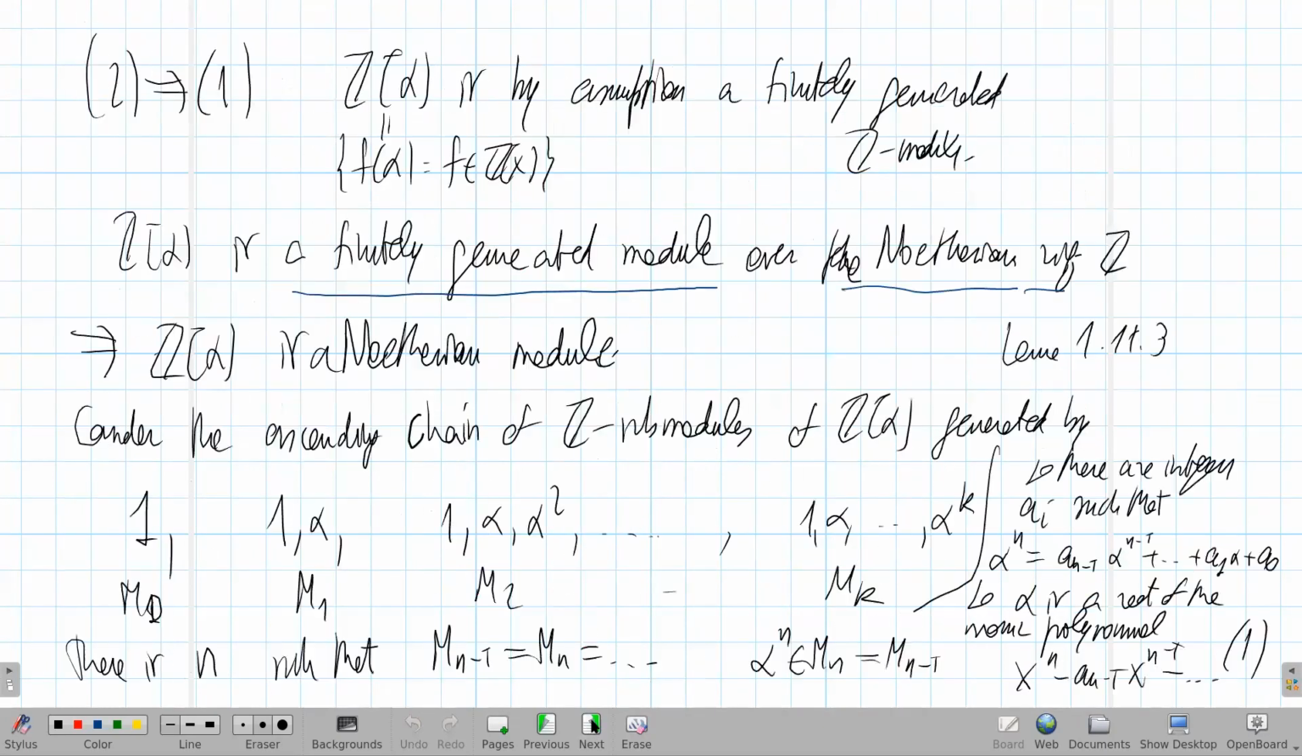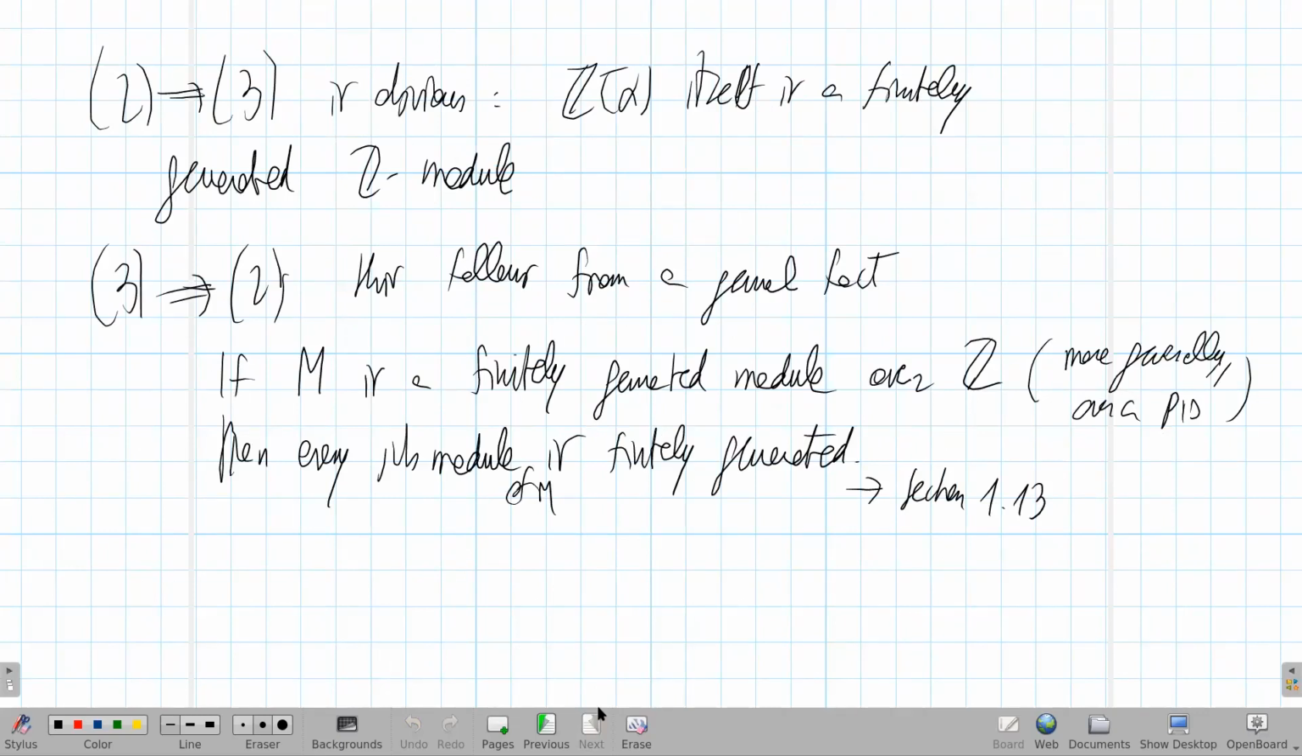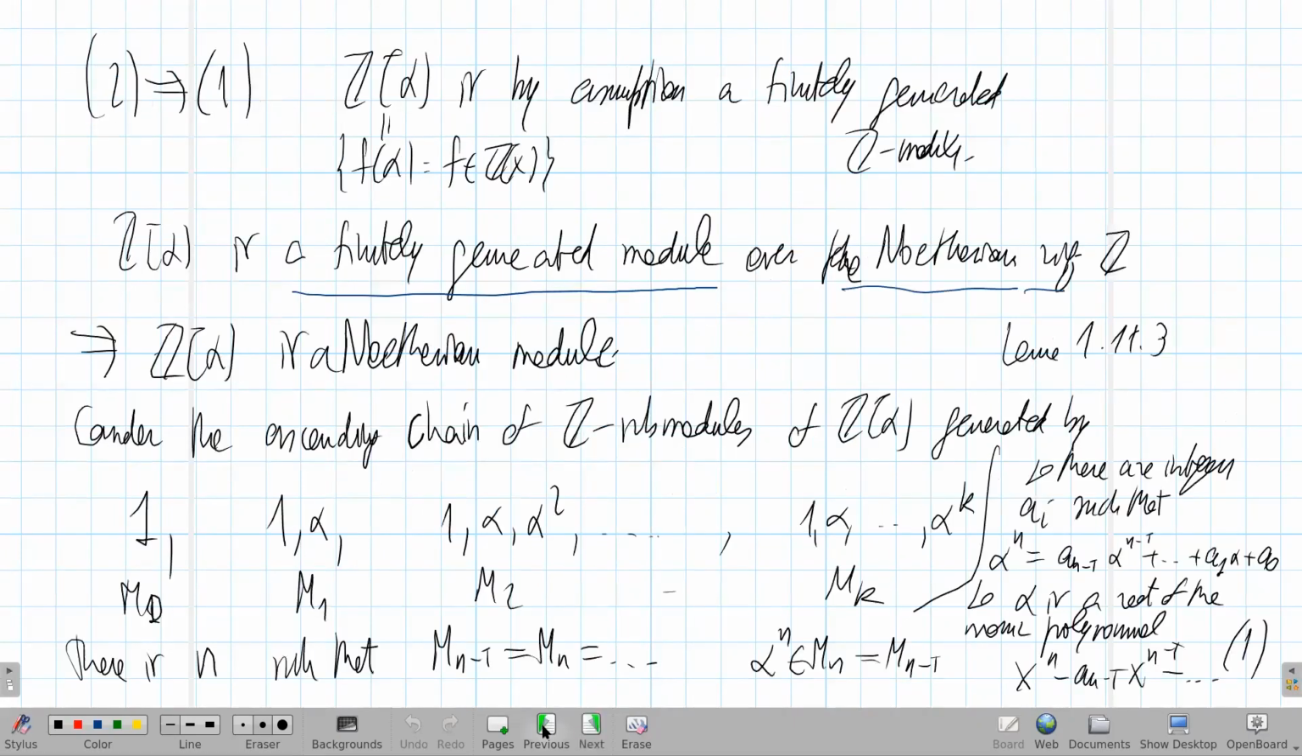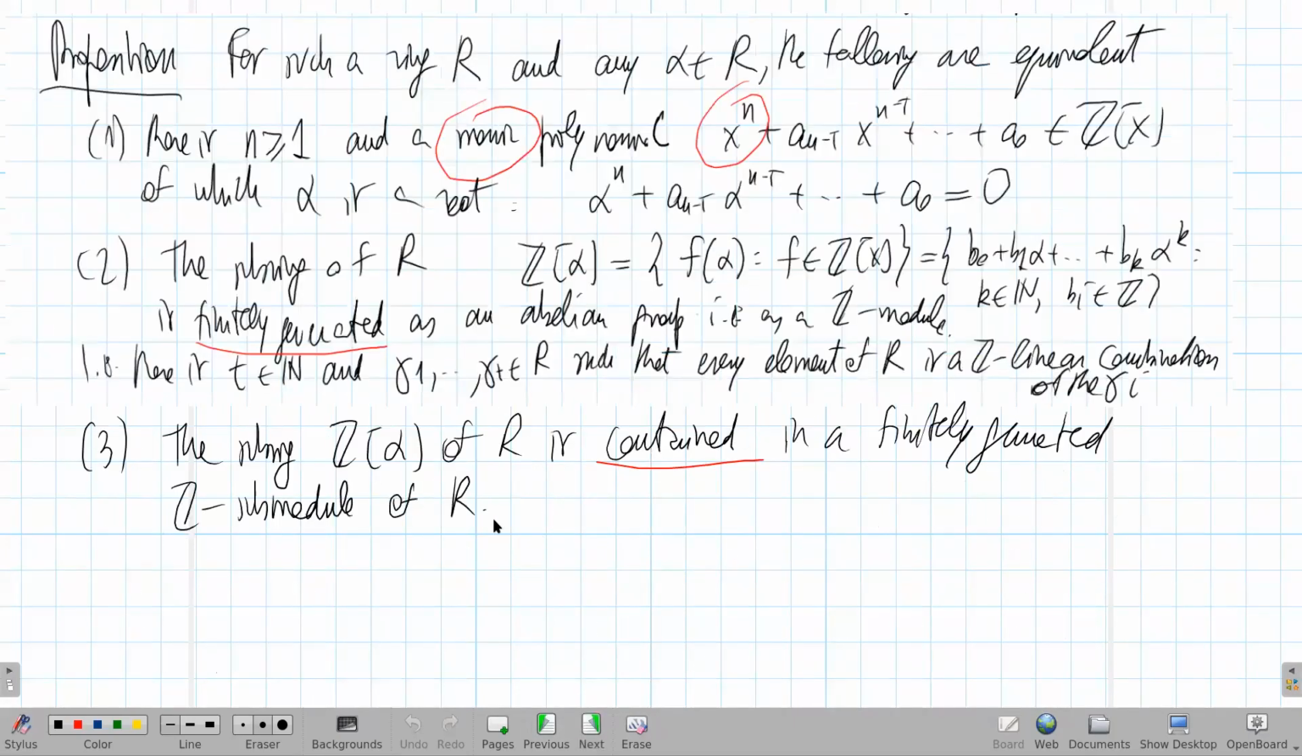And the point is, but I'll resume tomorrow, that any element alpha that satisfies one of the 3 equivalent conditions is called integral, an integral element. But we'll give these proper definitions